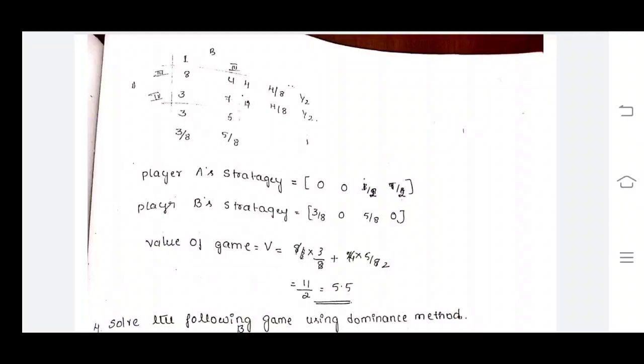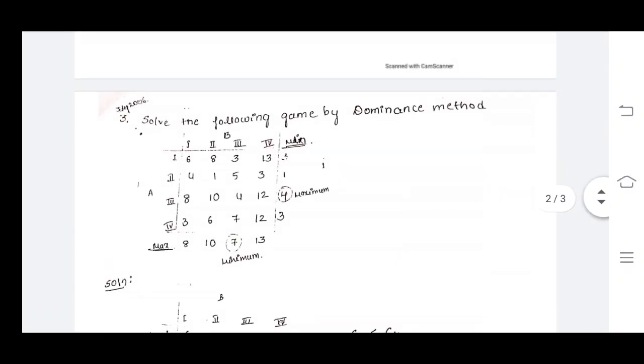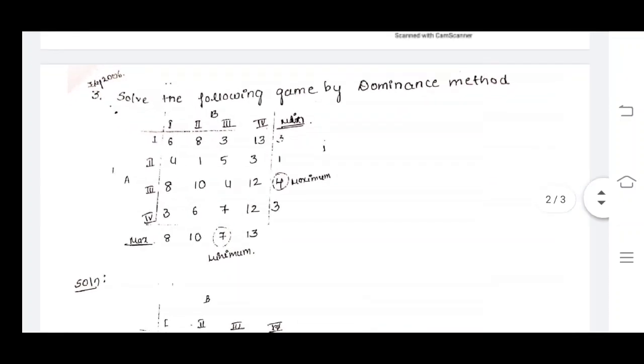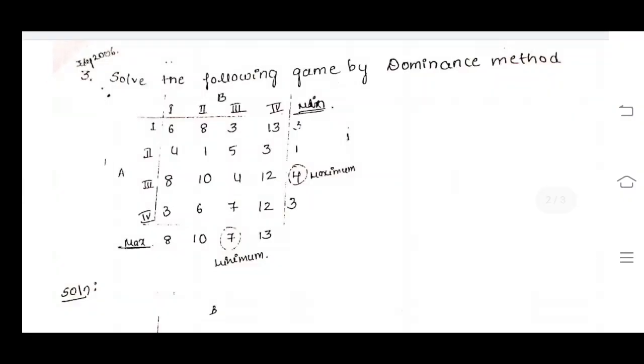Now we can say why we are applying the dominance property. Once you get the problem, you can see that in the first step we have calculated the maximin and the minimax value. But if you look here, the maximin value and the minimax value are not equal. Whenever they are not equal, no saddle point occurs in the game.